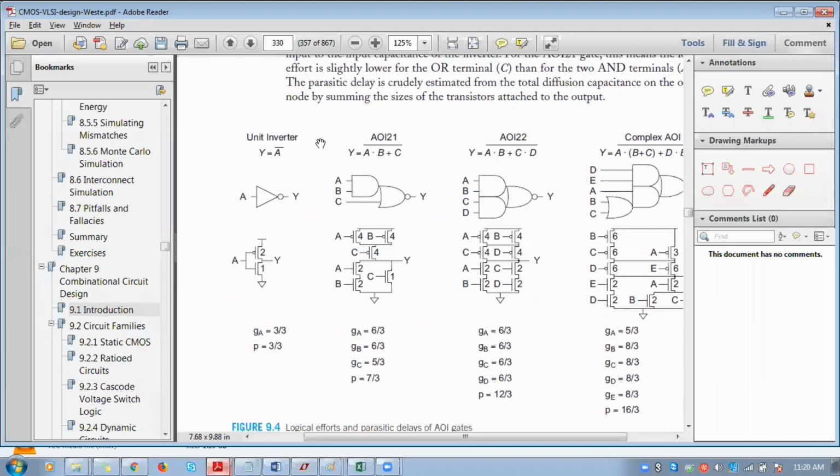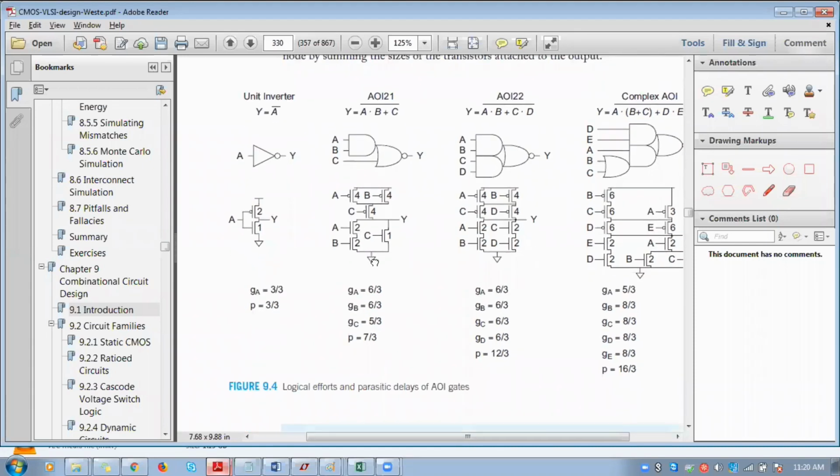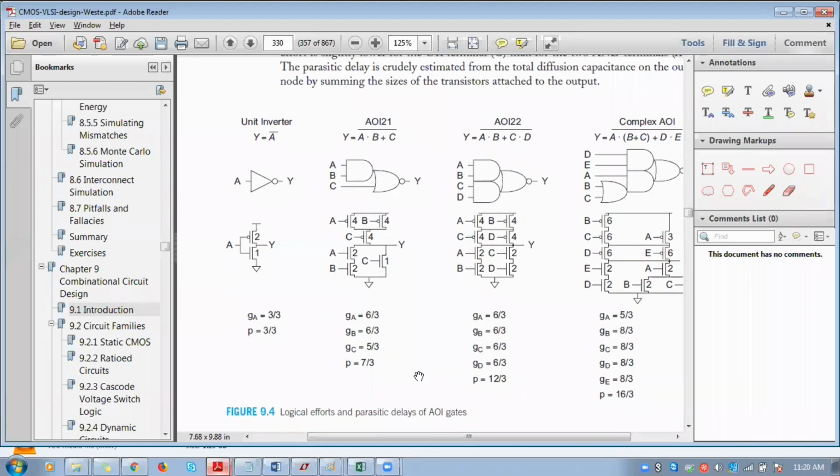Yesterday, most of the students answered this question wrongly, because most of the students didn't refer to the textbook. That's the problem. So in this case, you have to calculate the logical effort of A, logical effort of B, and logical effort of C separately. Yesterday we saw how to calculate these K values, right? I will repeat it for this circuit again.